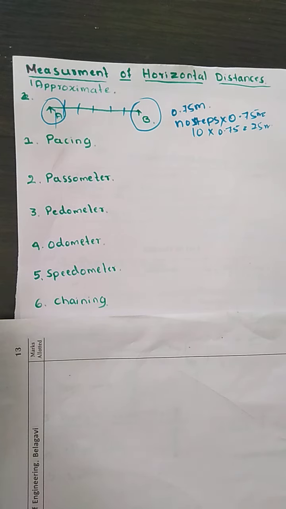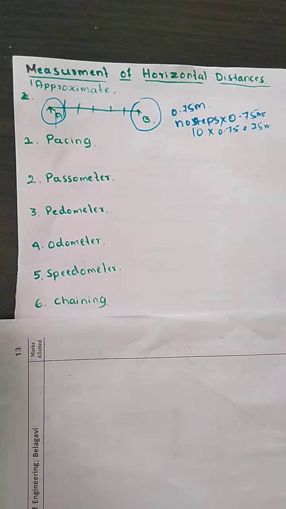Next is the speedometer. I think everyone knows about the speedometer. The odometer may be calibrated to give the distance directly if used particularly for a vehicle. If you travel by motorbike daily, in front of the handle the speed in kmph is written. That is called a speedometer. At a particular moment, it gives the speed at which you are traveling.